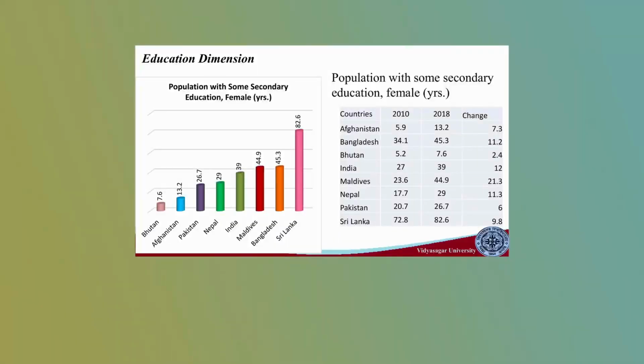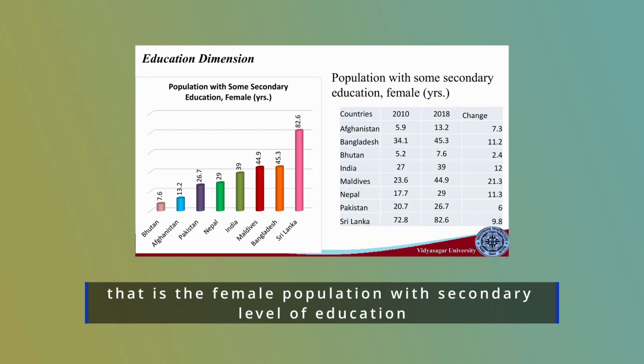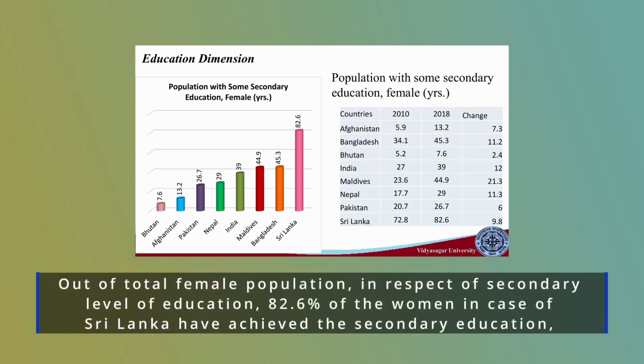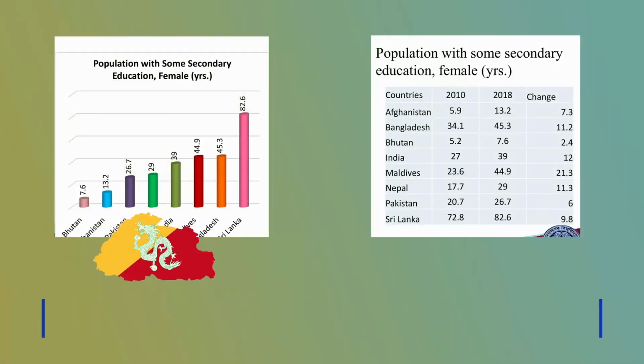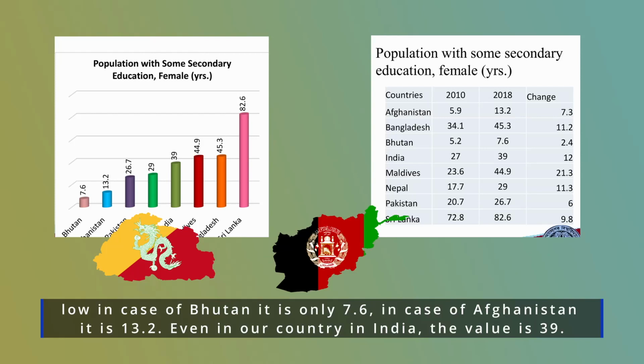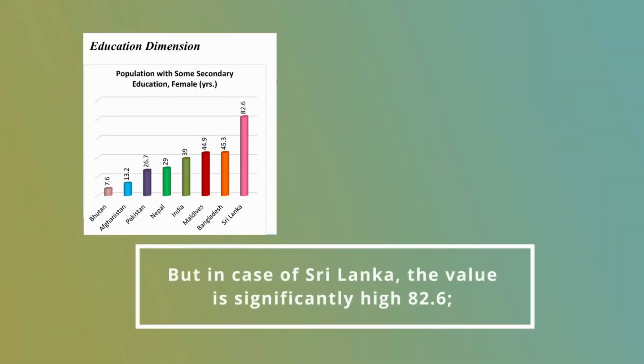Now we come to the other indicator of the education dimension, and that is the female population with secondary level of education. Out of total female population, in respect of secondary level of education, 82.6% of the women in case of Sri Lanka achieved the secondary education, whereas this share is relatively low in case of Bhutan. It is only 7.6. In case of Afghanistan, it is 13.2. Even in our country, in India, the value is 39. That is, the female secondary education of India is also lagging behind in respect of other countries like Maldives, Bangladesh and Sri Lanka. But in case of Sri Lanka, the value is significantly high,